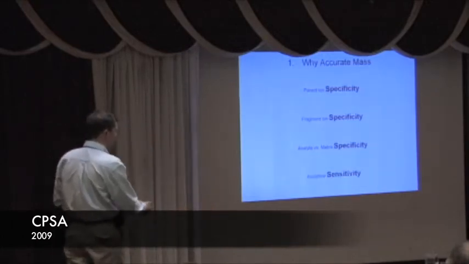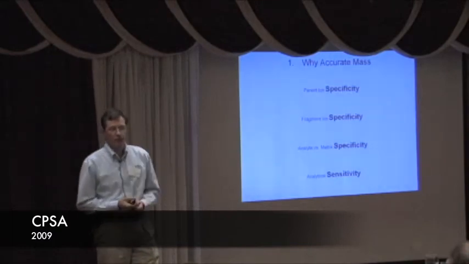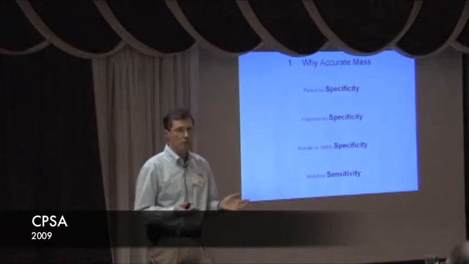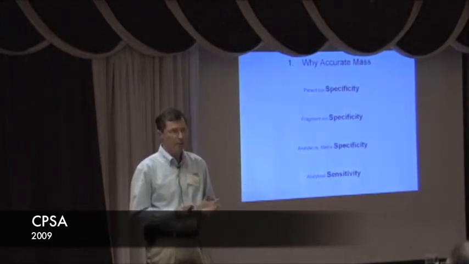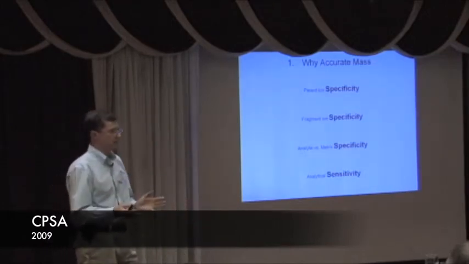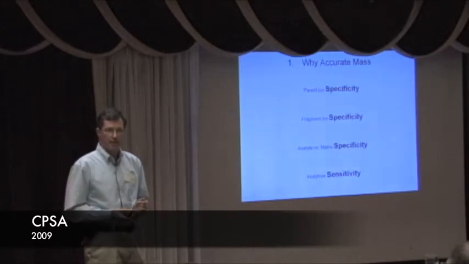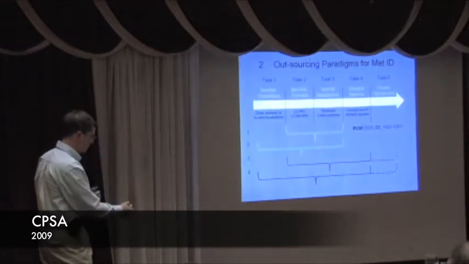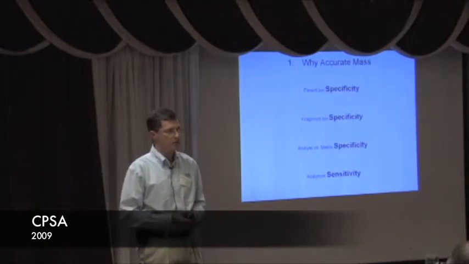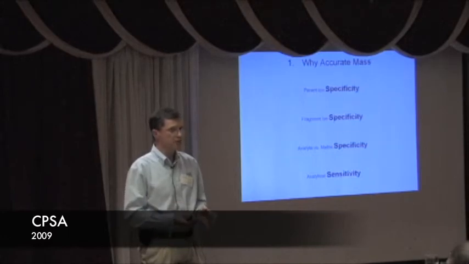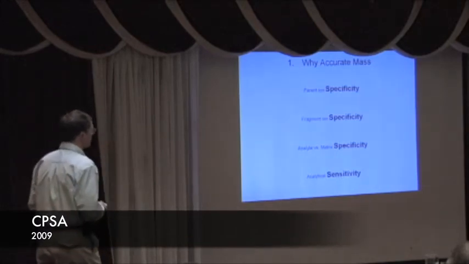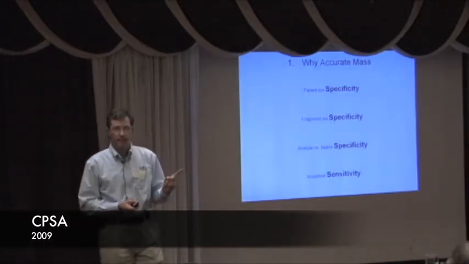The way you address that with a normal mass instrument comes to my fourth point. Frequently, I'm talking about triple quads here, you're using parent ion or constant neutral loss technologies and approaches to get the specificity you don't have inherently. But they are 10 to 100 times less sensitive than doing full scan MS. So you automatically get 10 to 100 times more sensitivity relative to some of the technologies that we have been using in the past, just using full scan MS, accurate mass. So these are four reasons why I'd argue that you really ought not to be doing metabolite ID without accurate